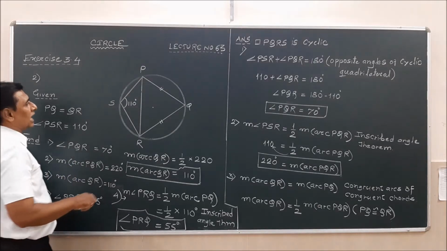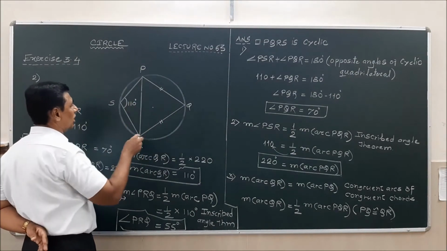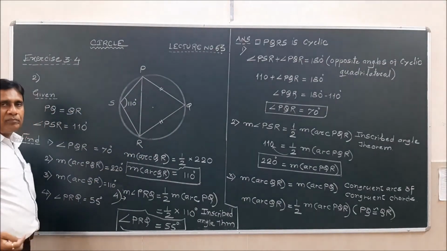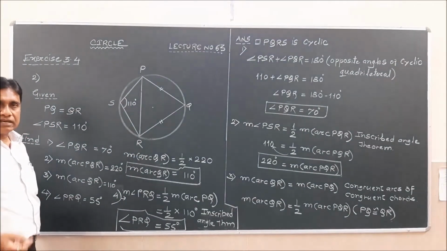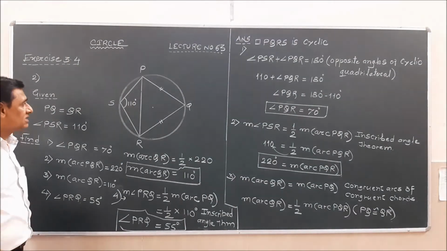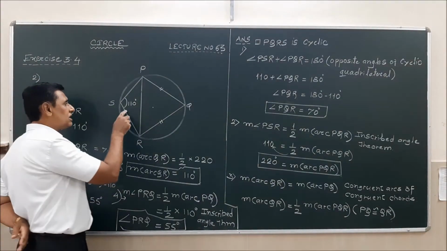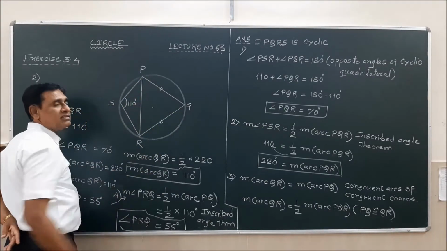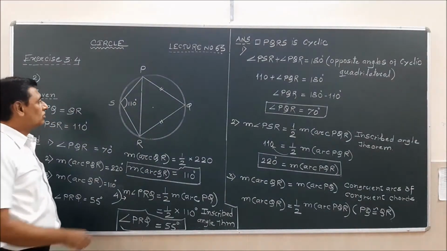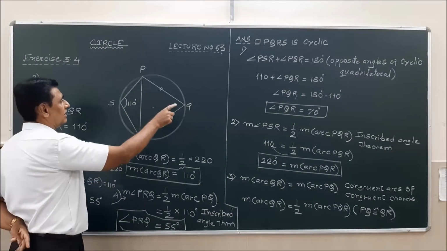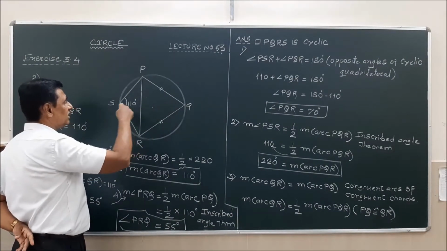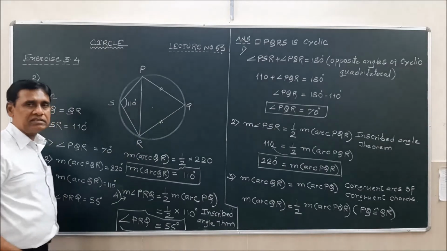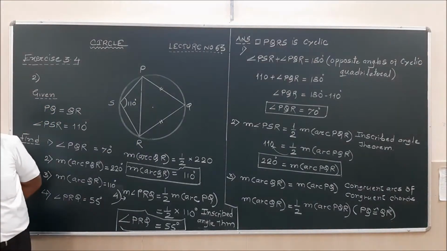Find out angle PQR. Now to get angle PQR, we have studied this theorem in detail, that opposite angles of cyclic quadrilateral are always supplementary. So therefore 110 plus 70 will give you 180. But how to write it? Please see here. So I have written over here